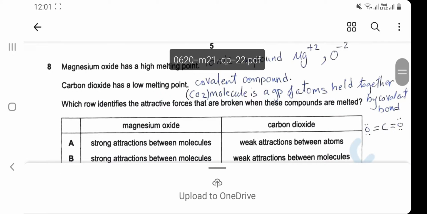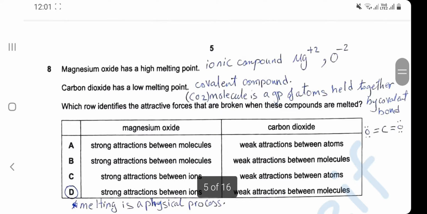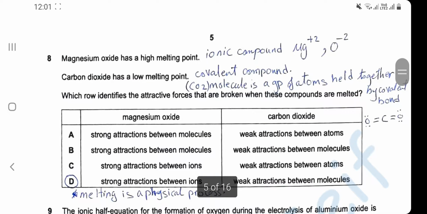Question 8. Magnesium oxide has a high melting point. Carbon dioxide has a low melting point. Which row identifies the attractive forces that are broken when these compounds are melted? Here, melting is a physical process, it's not a chemical process, so we are not breaking the chemical bonds in these compounds. We are breaking the